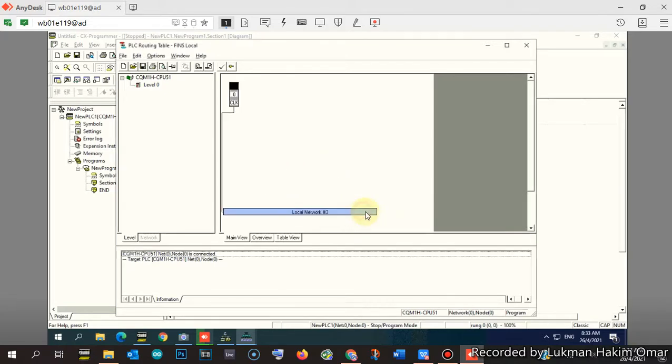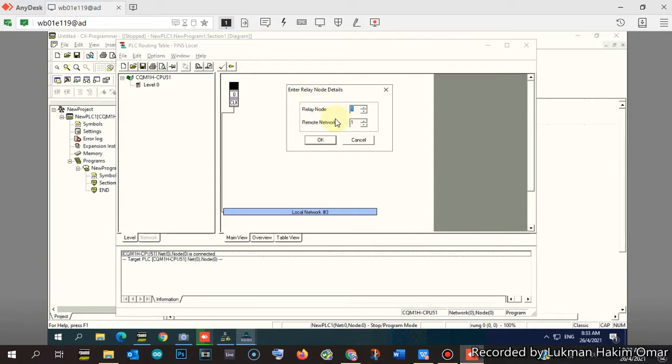Okay, that's normal. So we have local network number 3, and then we do the same thing like in the master PLC. We add a connection for our remote network, but now you have to understand that the relay node is no longer number 4, because now we are in the slave PLC, and the slave PLC uses node number 4. So we have to insert the relay node.